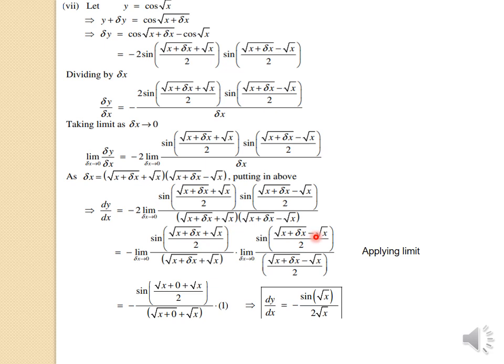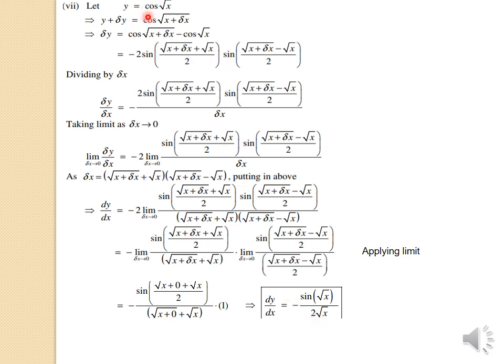So here in this angle we have square root of x plus delta x minus square root of x upon 2, and in the denominator we also have the same term. So this whole term becomes an identity, and equals 1. And here we apply the limit delta x equals 0, which means square root of x plus 0 plus square root of x divided by 2, and in the denominator as well delta x equals 0, so square root of x plus 0 into square root of x. After simplification, the 2 square root of x and the 2 cancel out, so only square root of x is left in the numerator, and the denominator square root of x plus square root of x means 2 square root of x.